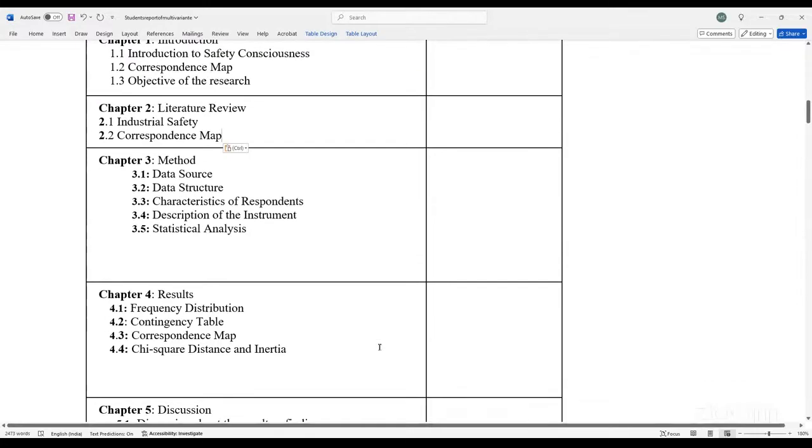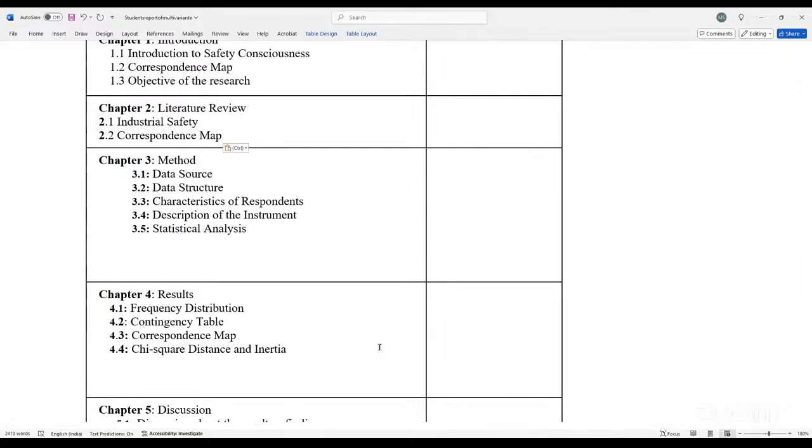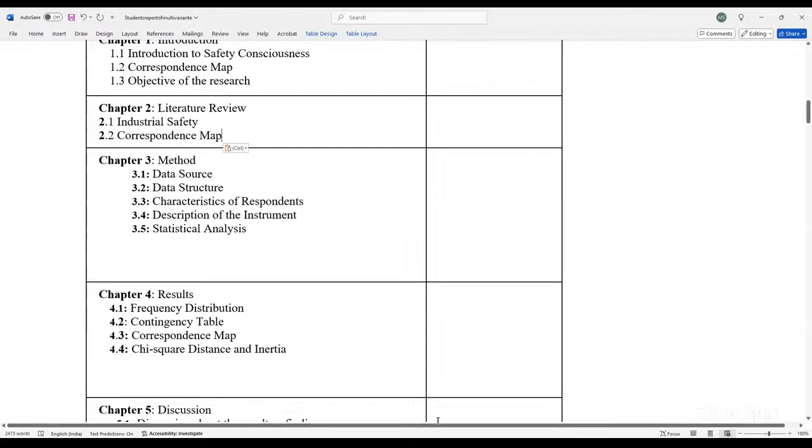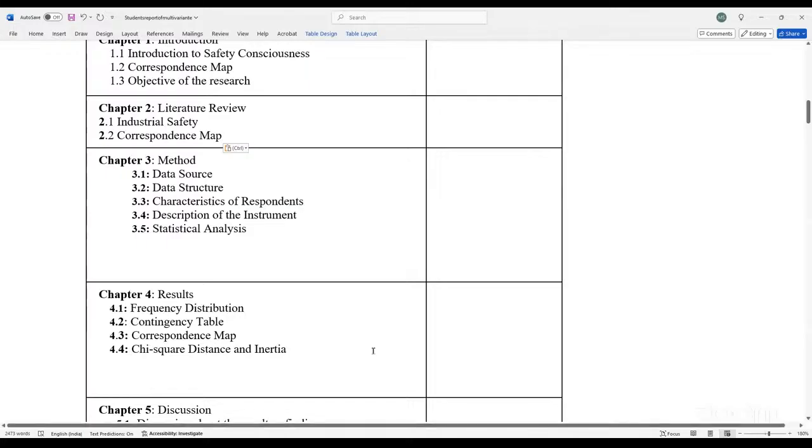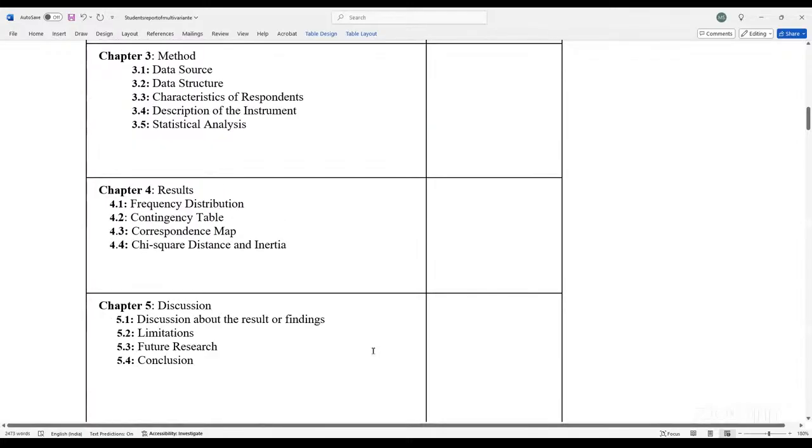3.1 is the data source. 3.2, data structure. 3.3, characteristics of respondents. 3.4 is description of the instrument. 3.5, statistical analysis. I think this is clear to all of you, or is there any question? This is clear. Chapter 4, results, frequency distribution, 4.1, 4.2, contingency table,